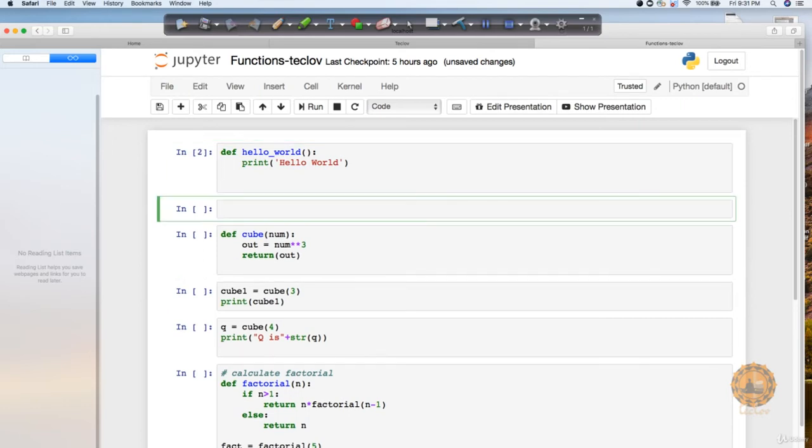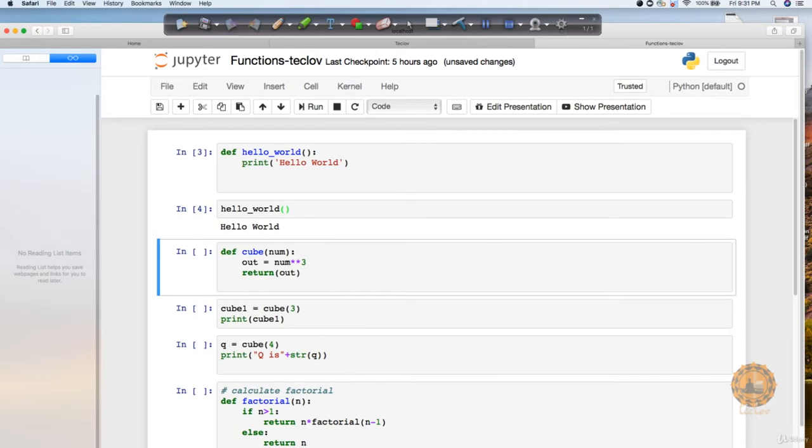Let's go to the second line and now I call it. If I re-execute this and call hello_world, you can see that I got the print statement. What this is doing is calling the function above, and whatever is present inside that function, it executes. Since it has a print statement, it just prints the value hello world.